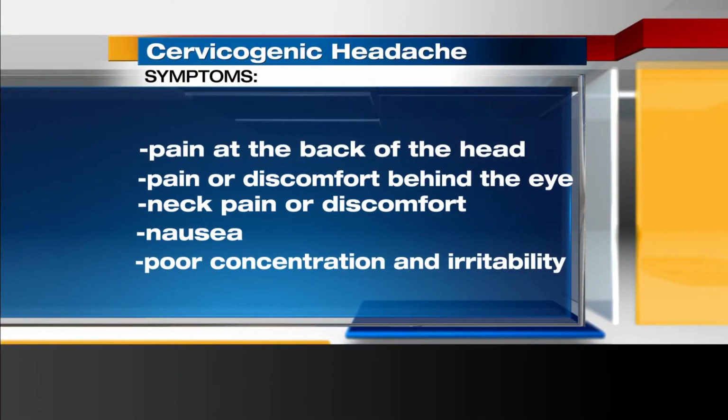Tell us how the two can be connected. Well, one of the types of headaches that we work with is something called a cervicogenic headache. And very simply, that means a headache whose origin is in the neck. We have 7 cervical vertebrae, and in between each of those bones, we have little nerves that come out. They go down to the muscles in our arms and our hands, the skin on top of our body, and even the organs inside of our body. But they also go to the head.